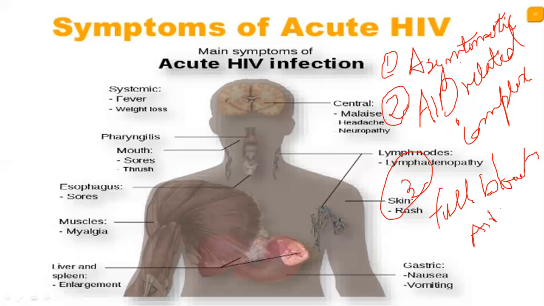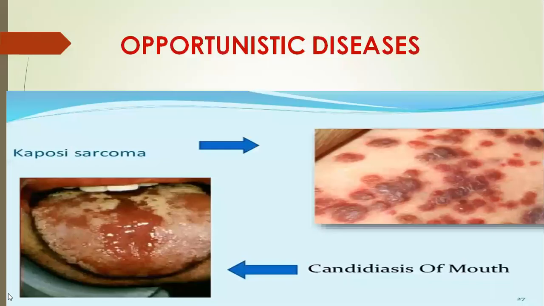In full blown AIDS, the person can get opportunistic diseases because the person does not have an immune system strong enough to save him from other diseases. So these diseases just hijack that person, and they are very hard to recover from, or there is even no chance to recover, no treatment is there. So that is very, very dangerous for the person. So more specifically, we will see about opportunistic diseases.